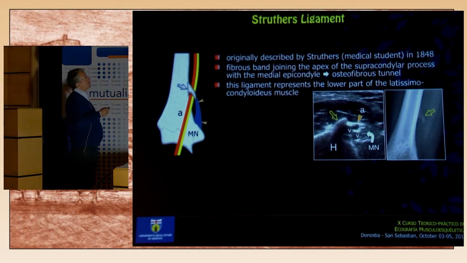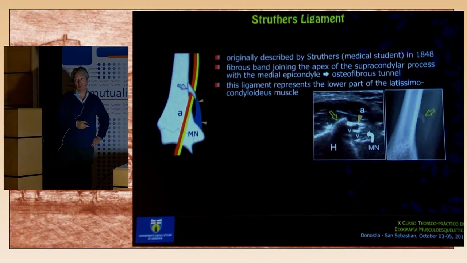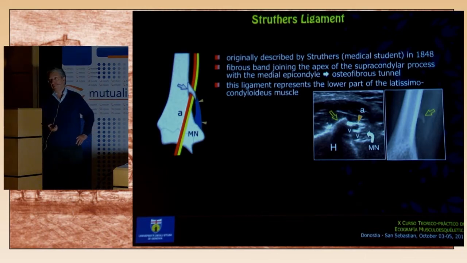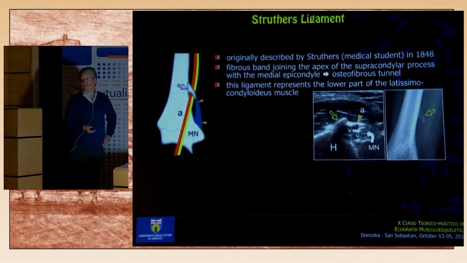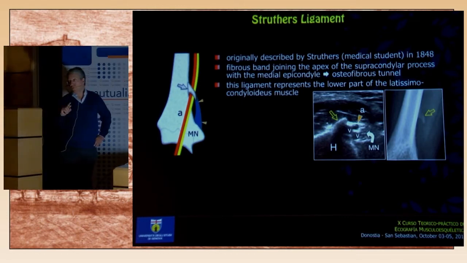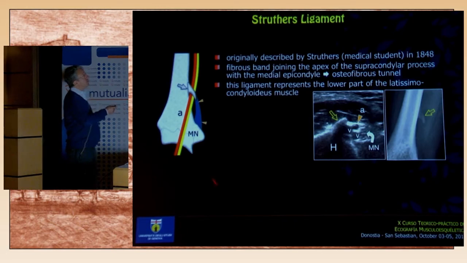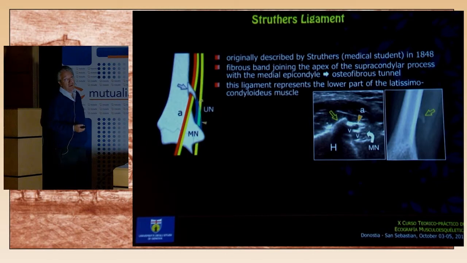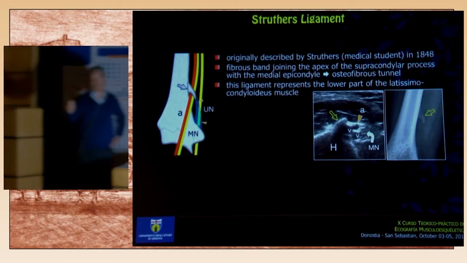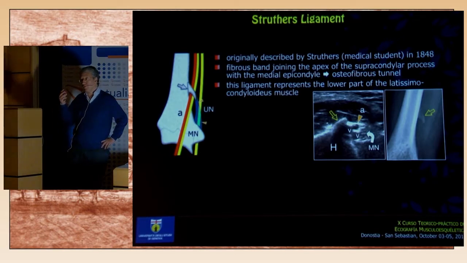To me, this is a very rare occurrence, but probably we miss many of these cases because we don't place the probe there. That's the point. And when we place the probe there, we are very fast. And believe me, this is very thin. You can miss it. You have to scan slowly, not very fast here. If not, you miss it. I remember one case. I was really busy, and I passed the probe so quickly over this area, and just at the end of the examination, I realized that there was